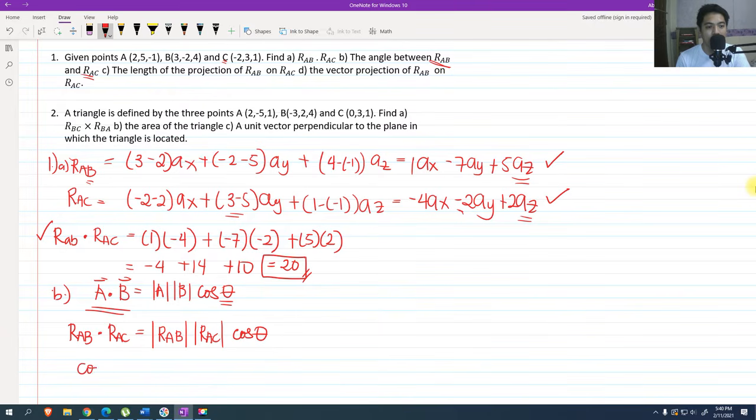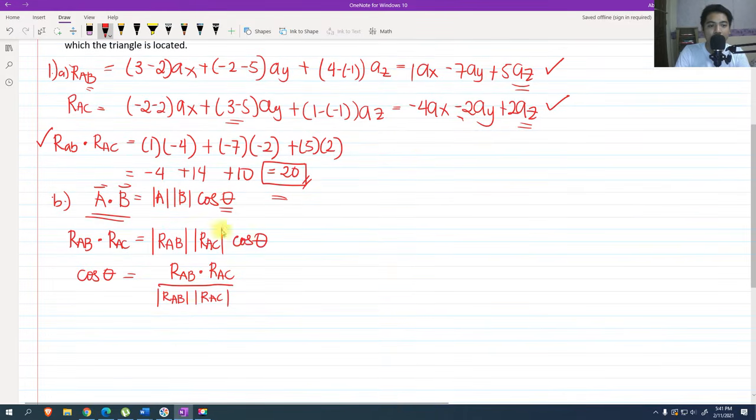Isolating theta, we have cosine theta equal to the dot product of R_AB and R_AC, which is equivalent to 20, all over the magnitude of R_AB multiplied by the magnitude of R_AC. What we need is only the theta, so we can further